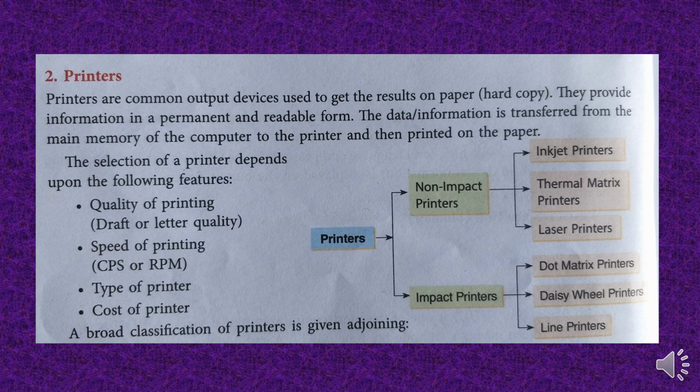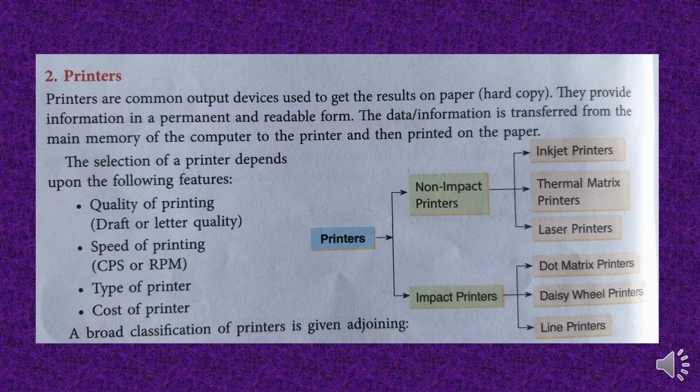As I discussed earlier in my previous videos, the data which is sent to the computer by the user goes through RAM to the processor. Then the processor sends back the processed data to the RAM, and after that RAM decides where to send the data as an output. If it is audio, it will go to the speaker. If it is to be printed, it goes to the printer, etc.